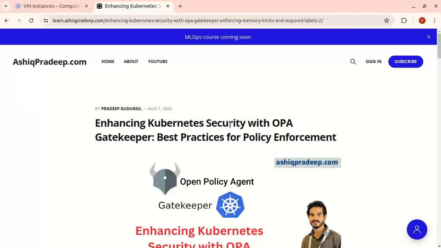Today I'm going to discuss OPA, and how we can secure our Kubernetes cluster by using OPA. It's a CNCF product, it's open source, and we can check how we can use OPA to secure our Kubernetes cluster. This OPA can be used on the Terraform side also. So based on the configuration we have,